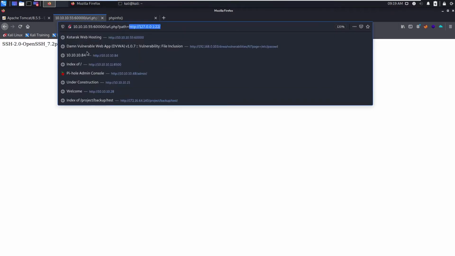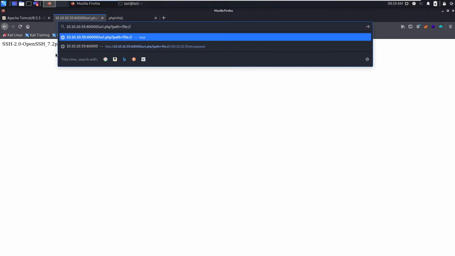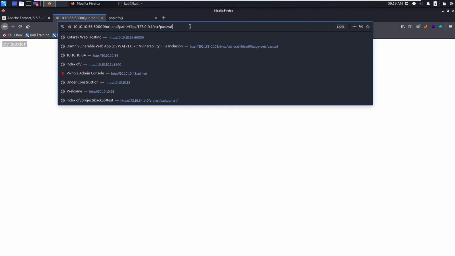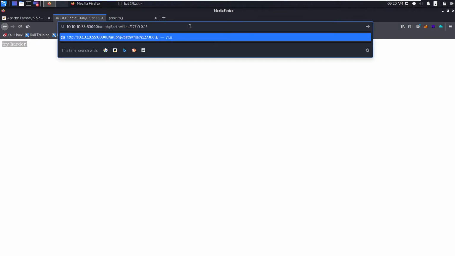So that means this URL you put here should be included in this path. What I can do is I can say file 127.0.0.1 /etc/passwd. So it says try harder. Maybe this is being filtered.